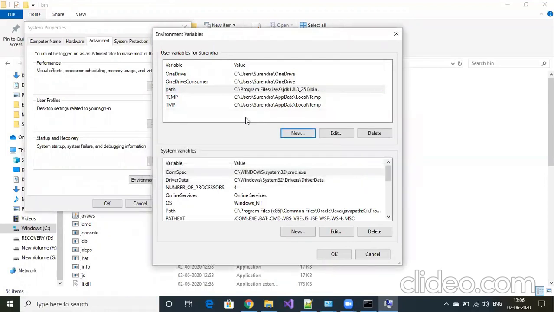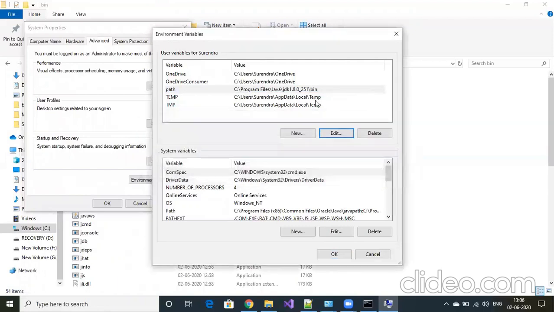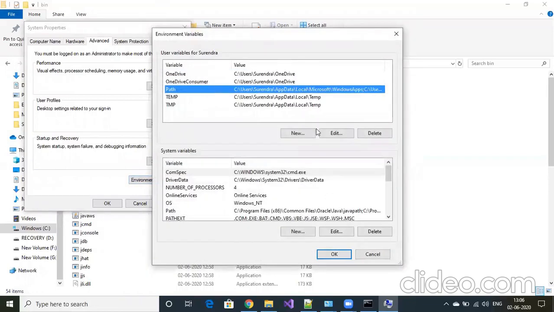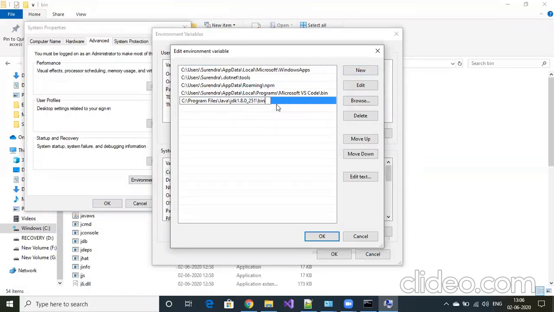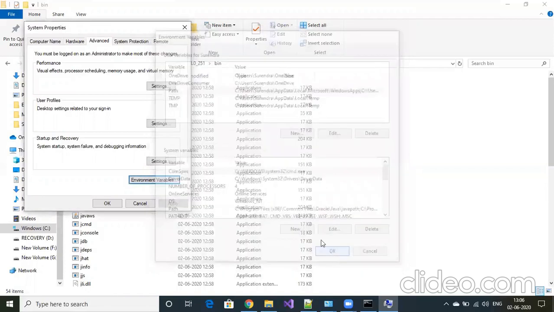So once I'm giving that, now what I'm trying to do is edit here. Actually, I clicked it, I'm canceling. So I'm just going to environment variables. I already have a path. I'll go to edit, and here I'll add the new path, that is C program files, Java, JDK, up to bin. So now I'm clicking OK, and here also I'm clicking OK.